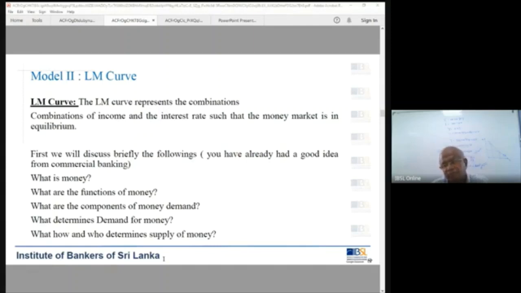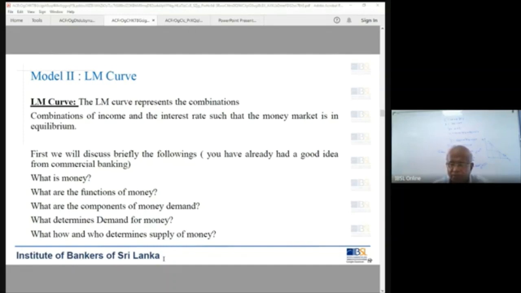At this point, we said money supply is determined by the central bank, independently determined. Money supply can be increased or decreased by the central bank. Only the monetary authority of the country can do that, not the Ministry of Health. Now, the COVID monitoring committee, Major General Shavendra Silva, cannot determine the money supply in the economy. He doesn't have the power. He can supervise, he can make announcements, press conferences, press releases. But money supply, he doesn't care. The Minister of Education can't do that.